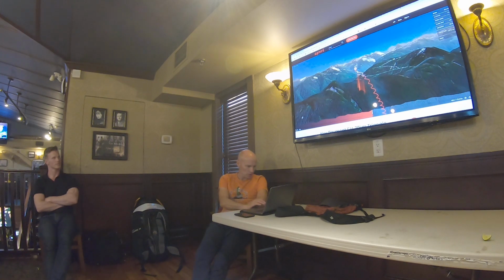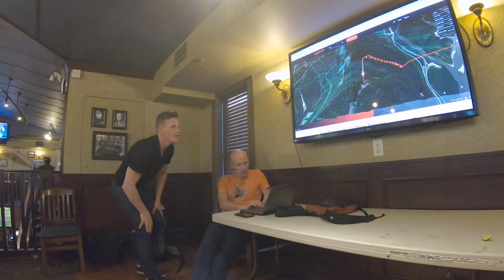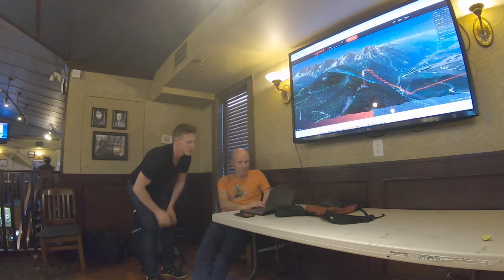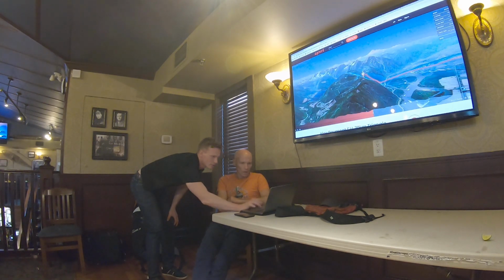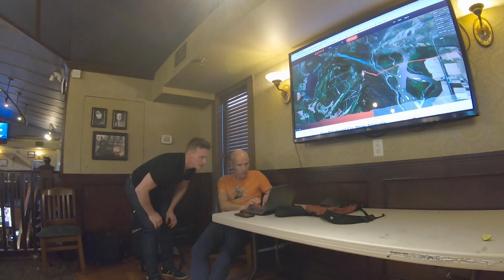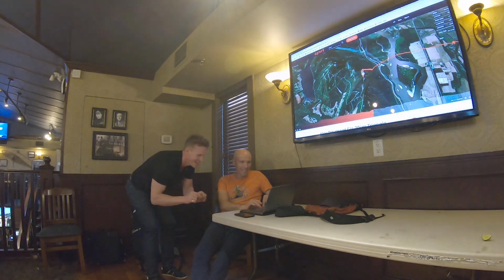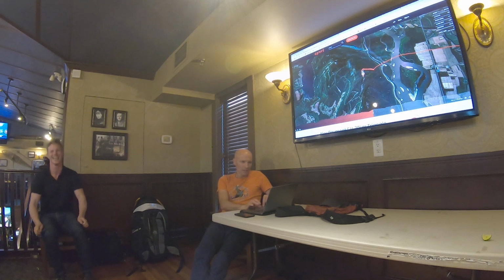How do you pause? Just click it. If you do have to land here, which I really don't recommend, you can also zoom in and out just by scrolling. Can you show me how to look at the highway? Okay, there it is. If you need to zoom out, you should just be able to double click. But I also want to look straight down at the highway. How do you hold it? That's the trick. You have to just hold it.